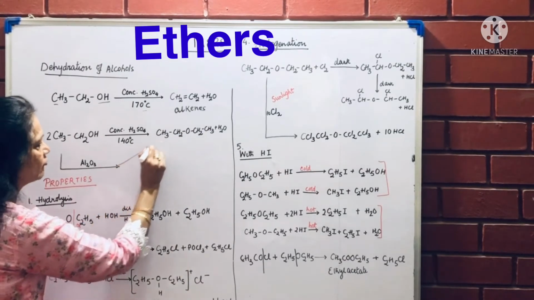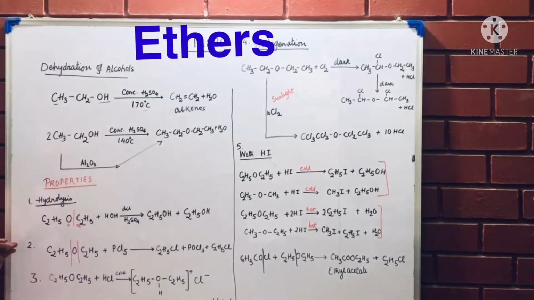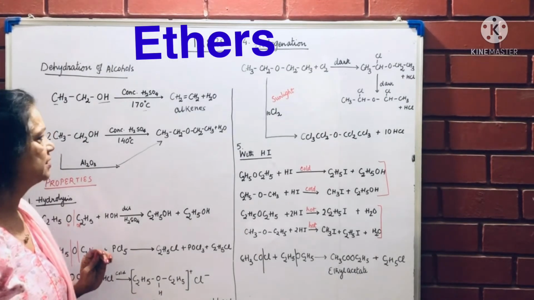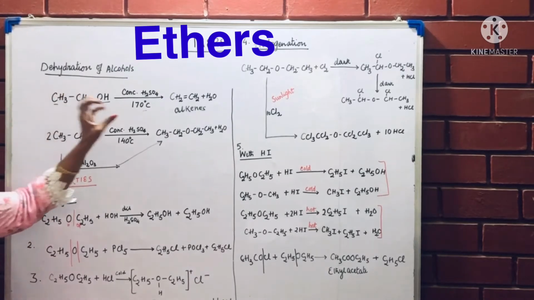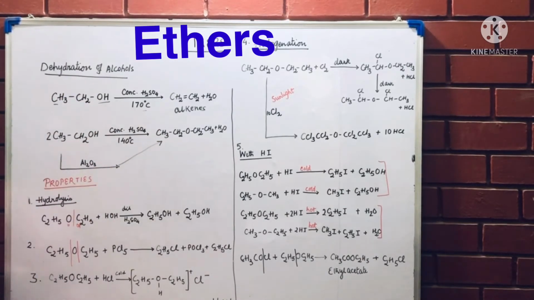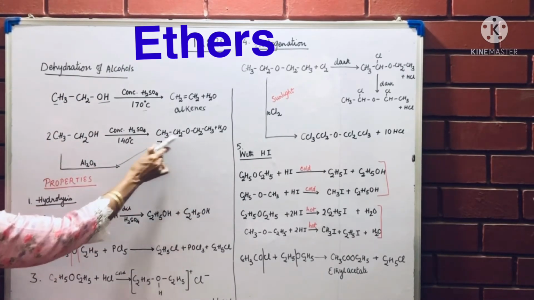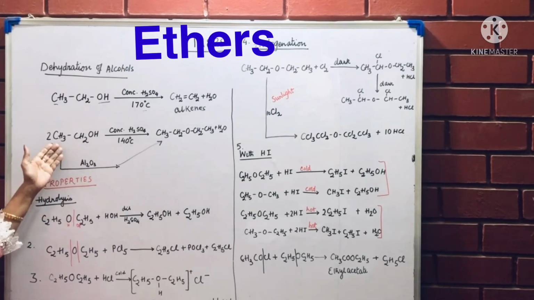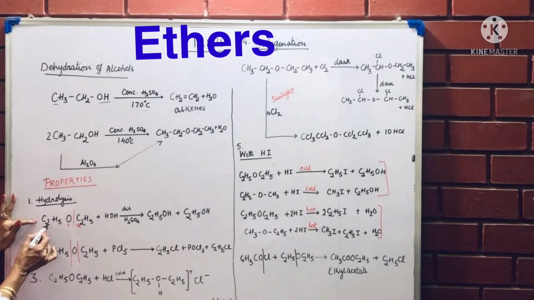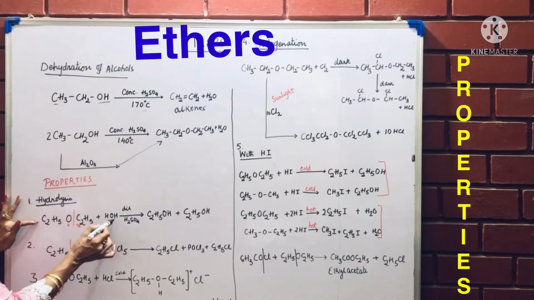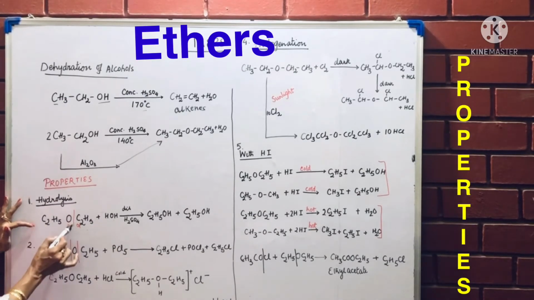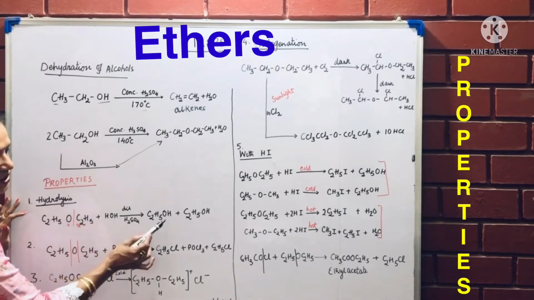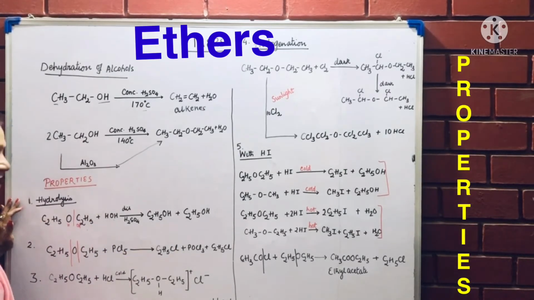The same product will be formed if I use Al2O3, which is a dehydrating agent. Now amongst the properties, if I am removing water, it changes into ether. If I add water to this, it again goes back into alcohol. So if I have taken diethyl ether, adding water, HOH, one side H, one side OH, so C2H5OH here, C2H5OH here, so two molecules of ethyl alcohol are formed.